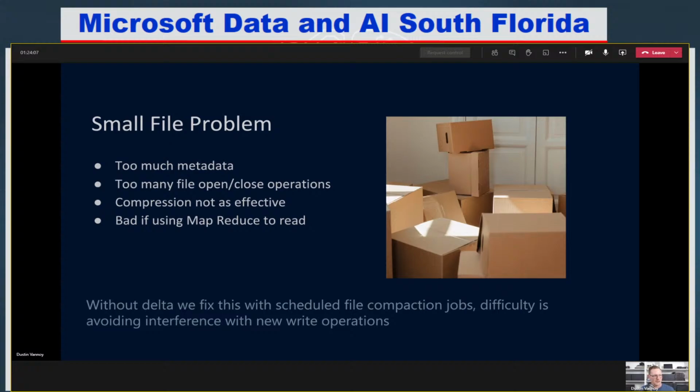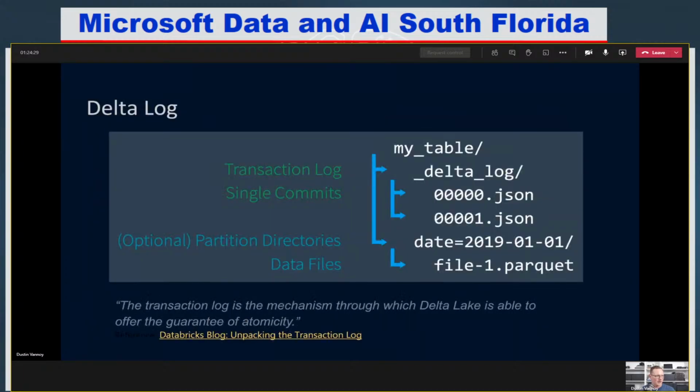We're probably going to end up with a Spark task per file, so a lot of really small tasks rather than being able to break it up into much larger tasks that Spark can deal with more effectively. Compression isn't going to give us as much savings, probably no savings at all, because these files are so small. And especially if you switch over to MapReduce or some other tools, you'll really see some issues there.